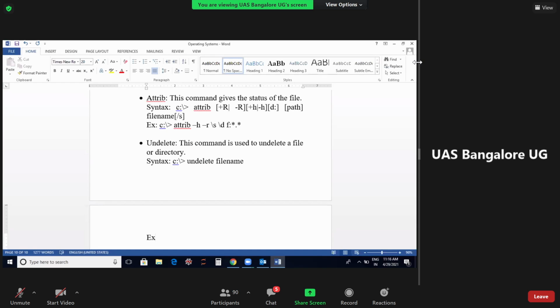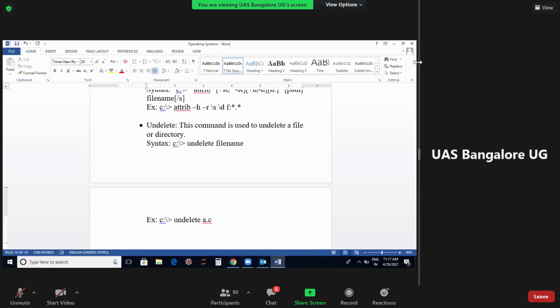Example: C colon undelete a.c. Say you have just deleted the file a.c. and you want the file back. By mistake you have deleted it and you want it back, and at that time you can make use of the command undelete. And the last command in this external command set is the deltree.